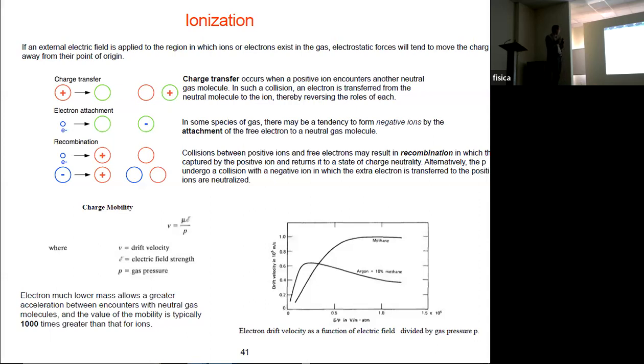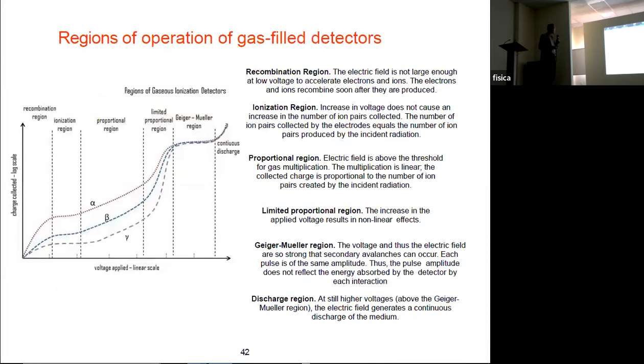And one more thing which is very important: the velocity of ions is much lower than the velocity of electrons. The difference is that electrons are much lighter particles than ions, and these different masses lead to the fact that electrons move approximately 1,000 times faster compared to ions. And here we come to the